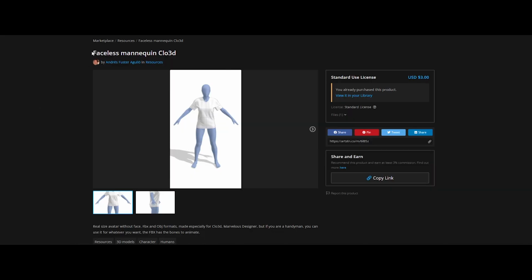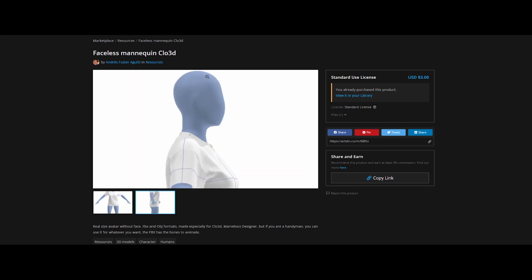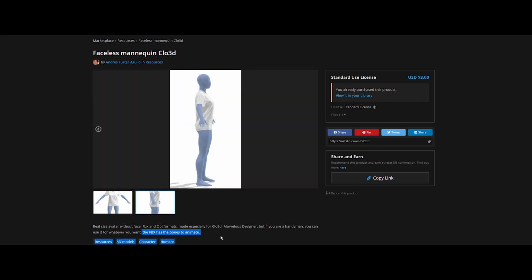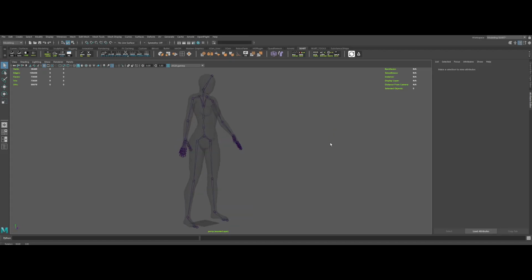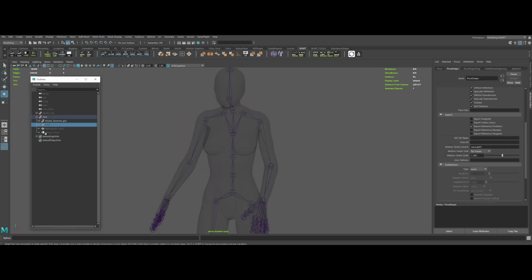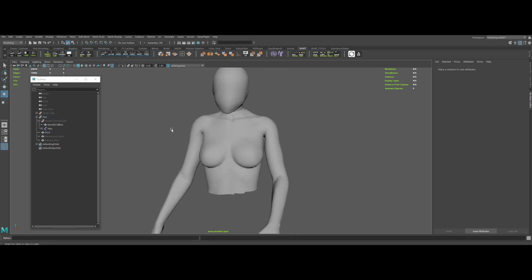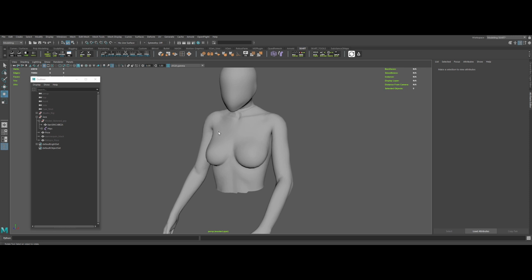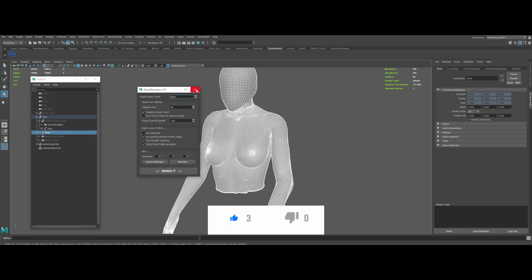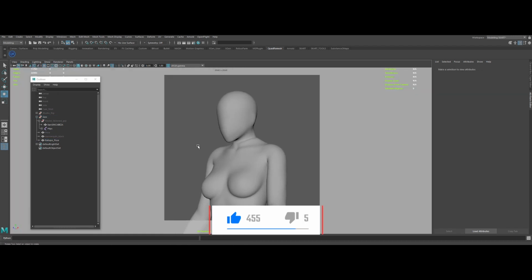So first off, we need a faceless character, if possible rigged to set up a quick pose. Luckily, I found this model for a couple of bucks and it suits perfectly what I was looking for. Okay, then I fire up Maya and set up a quick pose with the help of the bones structure. Then I needed to clean up the mesh because we will be using displacement later on. So I've duplicated the mesh and then done an automatic retopology with the help of Quad Remesher. Added a camera and I framed the shot.